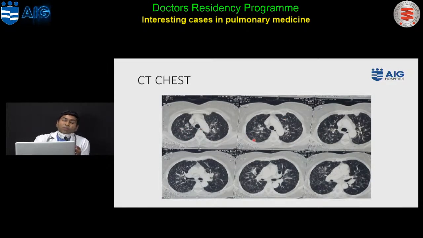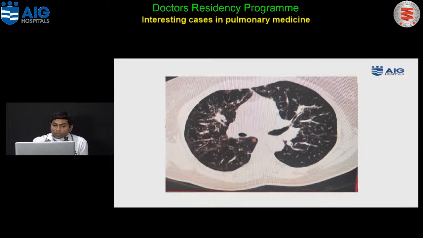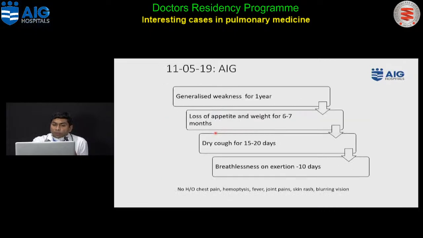This kind of nodularity which occurs along the vascular bundles, along the bronchial tree, or along the septa of the subpleura, is called a perilymphatic distribution of nodules. This kind of nodularity is commonly seen in patients with sarcoidosis or patients with lymphangitis carcinomatosis. So this patient underwent a diagnostic procedure, and we did an EBUS, transbronchial biopsy, and transbronchial needle aspiration from the lymph nodes. And this patient's findings were very classical of sarcoidosis.